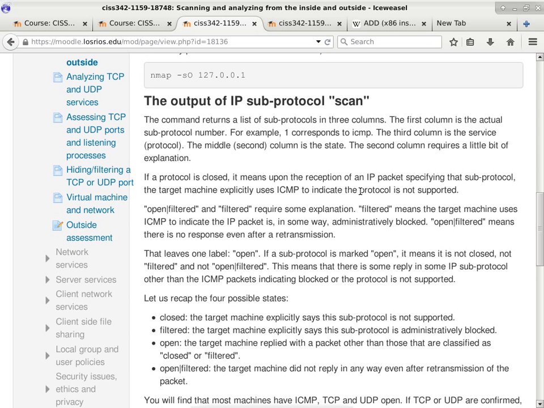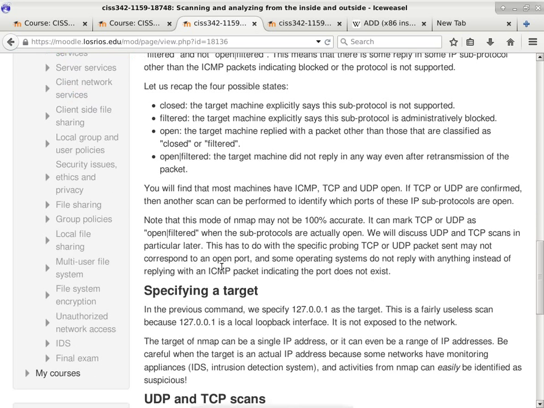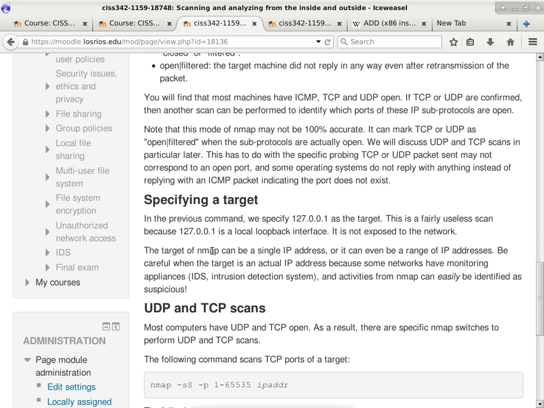How do you scan only IP addresses, only TCP and only UDP, and how do you read the result? What does it mean when something is closed, filtered, open, and open|filtered? They all have specific meanings, and it's up to you to read it. If you have questions after you read it, do not hesitate to ask those questions in the forums. That's what the forums are for. It kind of replaces some of the class meeting time, so that we can answer questions and ask questions after the class has ended.